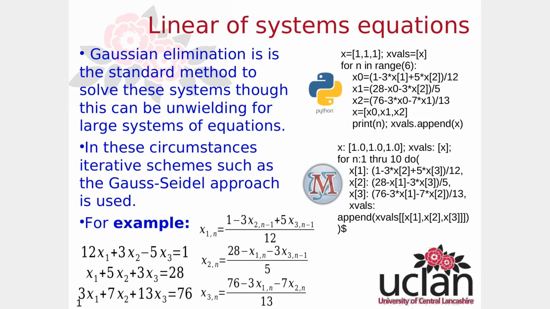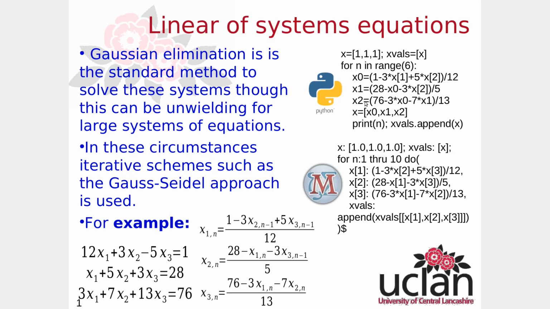The first thing to do is set up your initial guesses, and the initial guesses are x1, x2 and x3, and then I've said x vals are equal to this value of x. n is in range, so n is the number in the range 1 to 6, 0 to 6 I should say, so 0, 1, 2, 3, 4, 5, and I've used